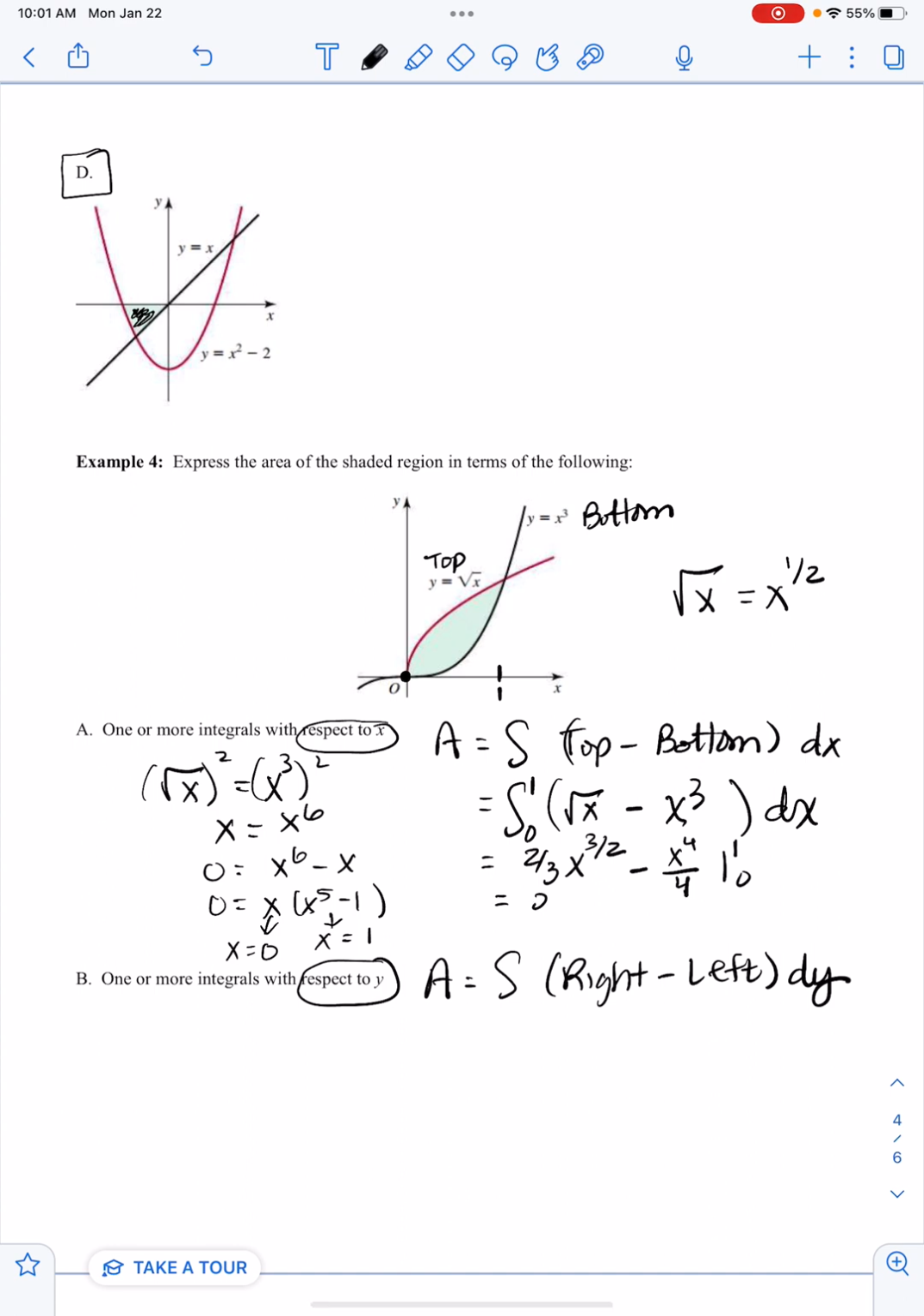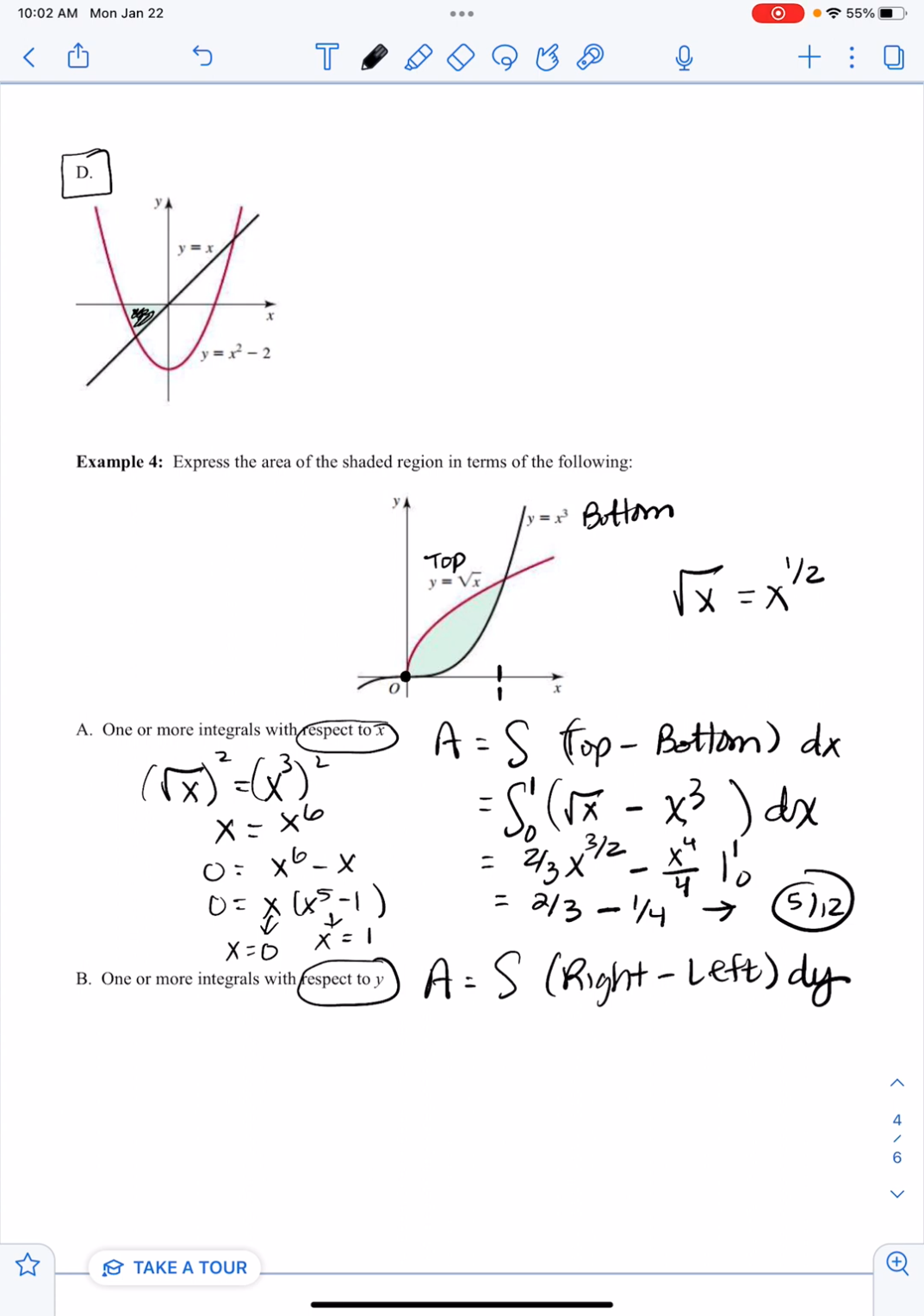So we just need to subtract the fraction 2/3, because 1 to any power is going to end up being 1, and then subtract 1/4, and when you do that, you will get the fraction 5/12 when you make a common denominator. Okay, so we know what our answer is going to be, so now we have to do the right minus